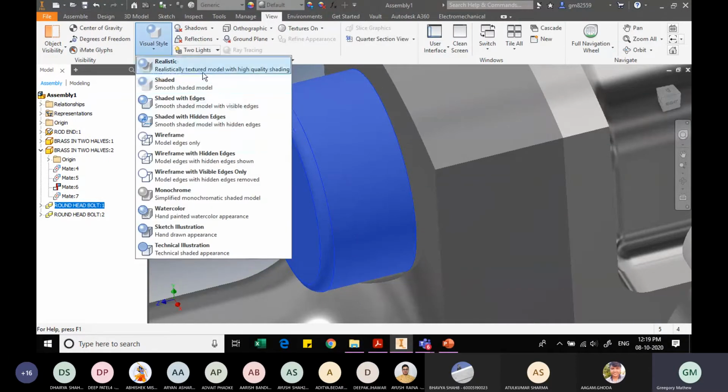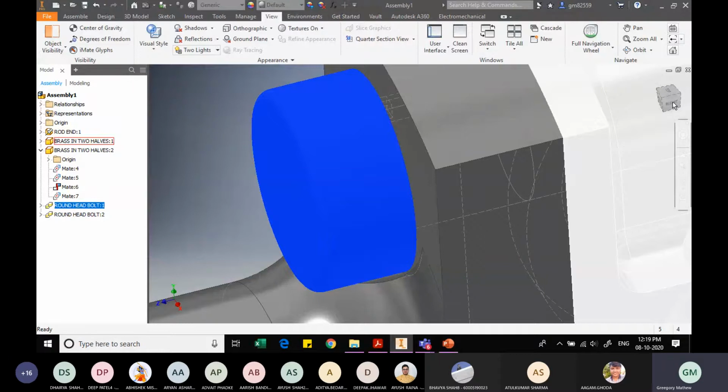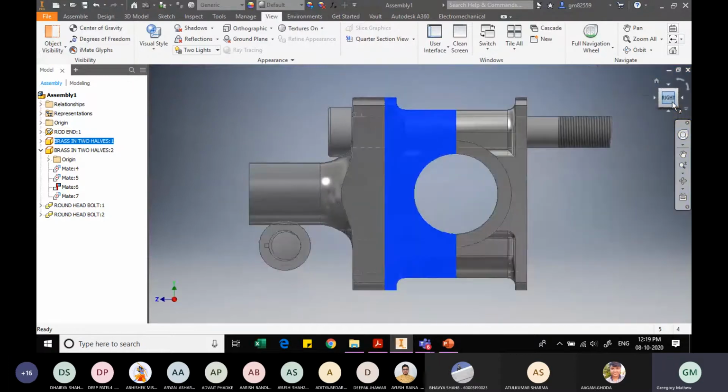View, visual styles, shaded with edges, shaded with hidden edges. Show me the right view. Let me zoom in.